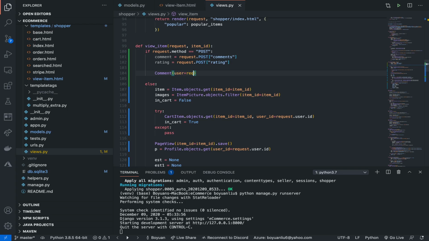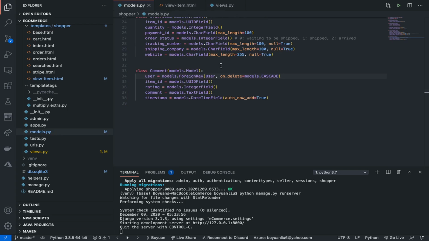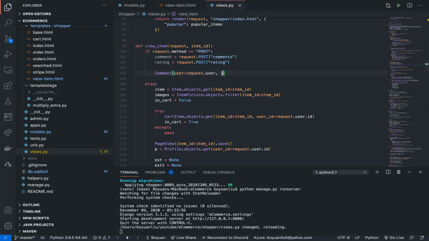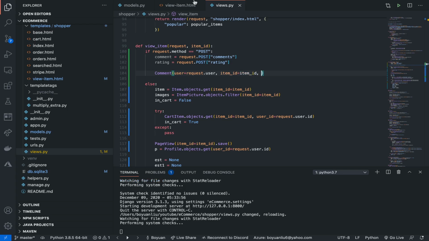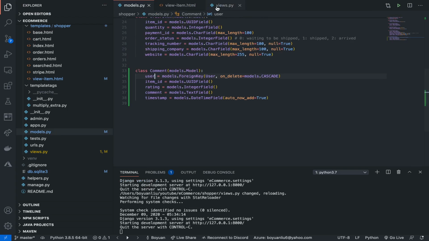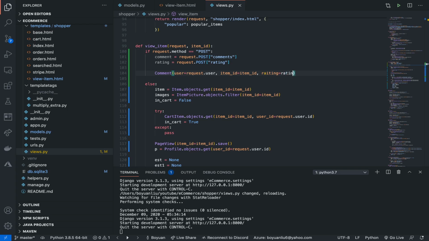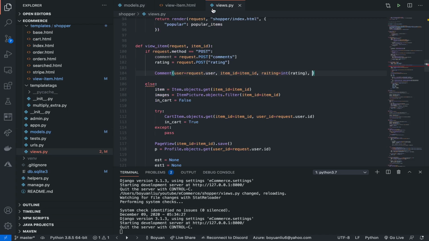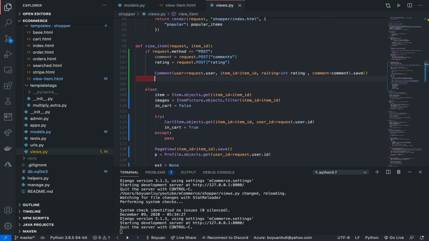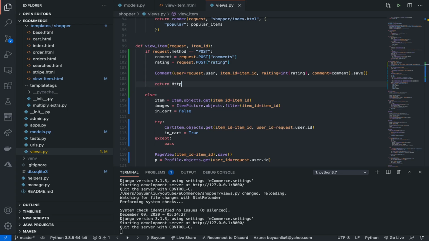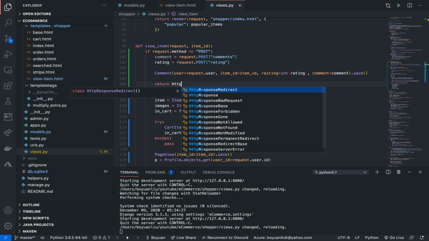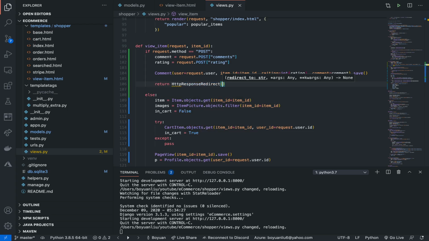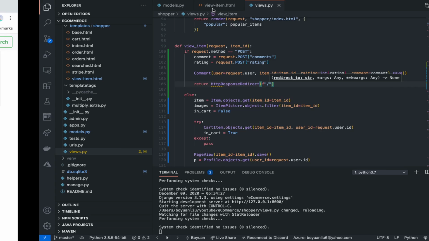Comment user equals to request.user here. Need a user object now. Item ID is item ID. Rating is rating. Let's go ahead and identify this here. Comment equals to comment. Let's go ahead and save it here. And then return HttpResponse redirect to /item